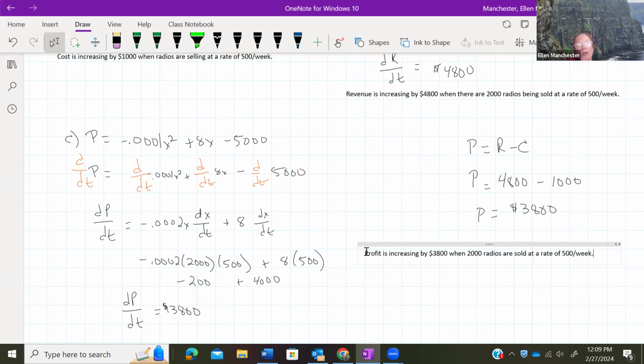Okay, so when you interpret these, you have to be very specific. You have to say how many items you have and how fast the items are changing. All right, we made it. So on Thursday, I'm going to do very little talking, and we're going to work in breakout rooms on different word problems, and then each breakout room is going to come back to the main room and talk through their particular problem, and then give an interpretation. Okay. All right, guys. If you have no questions, we're good to go.